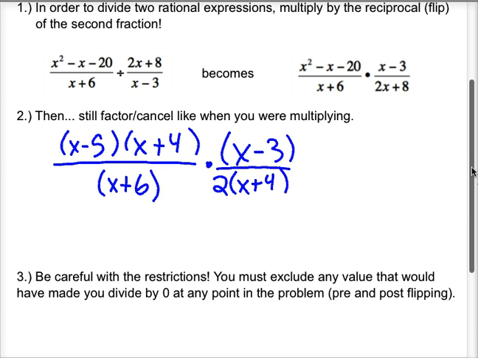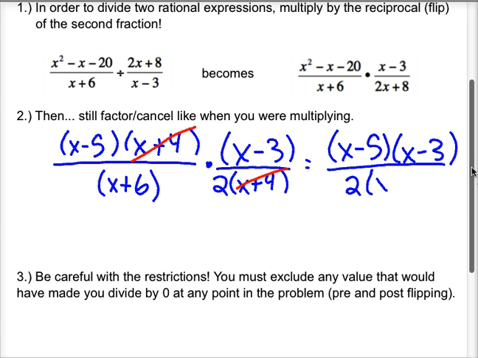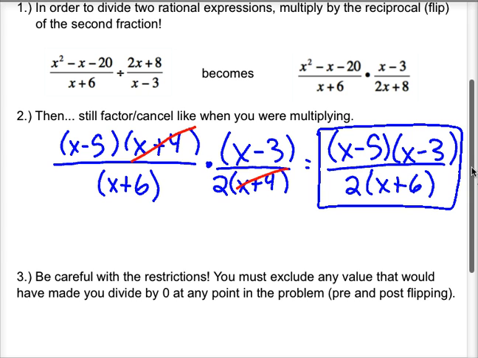All right, and let's take a look at what cancels. So the x plus 4's cancel out. So my final answer, my simplified version, there's an x minus 5 on top, x minus 3 on top, a 2, and x plus 6 on the bottom. All right, now,